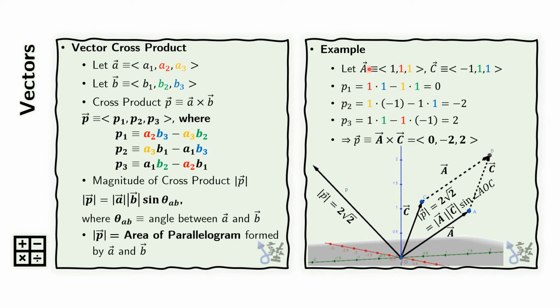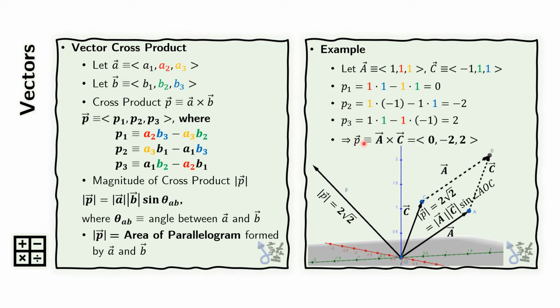For example, if we have two vectors A and C, here we draw A to be this and C to be this, and if we form a parallelogram, that would be extending this bit here, which is also A, and this bit here, which is also C. Then the cross product of A and C